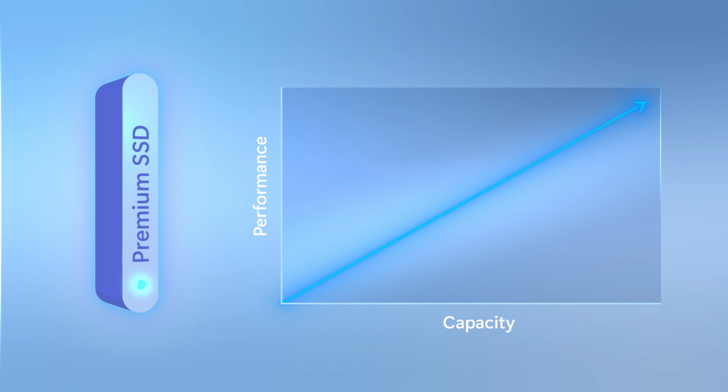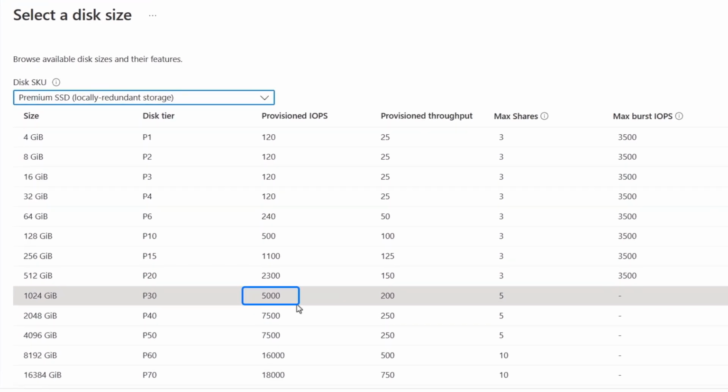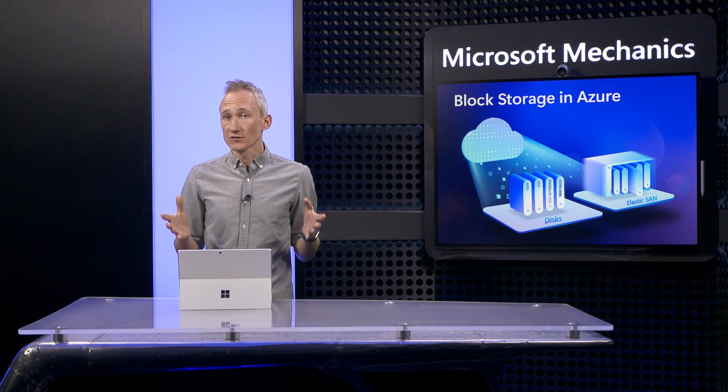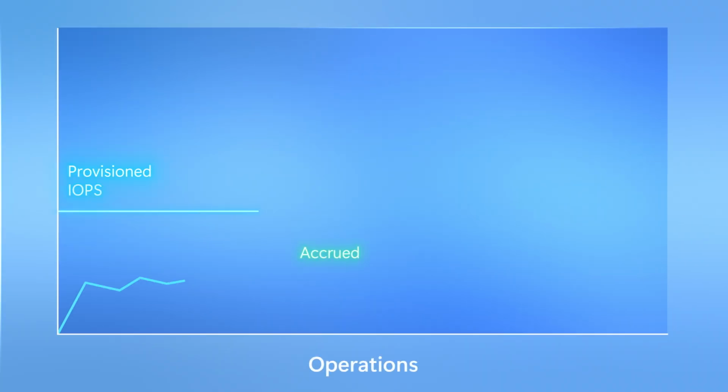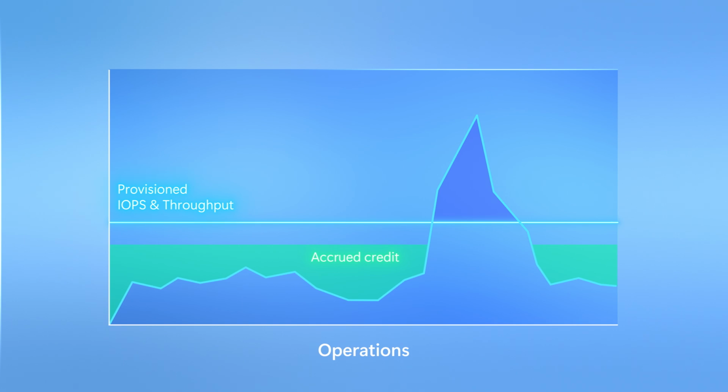The relationship between disk size and performance is an important one to understand. For example, if your app consistently needs 5,000 IOPS, you'd need to purchase and provision 1 TB of capacity to achieve the performance you need. And that said, there are several scaling options. First, you can accrue credit if your runtime performance is below provisioned, which allows you to burst up to 30 minutes for free to account for any peaks in your IOPS.